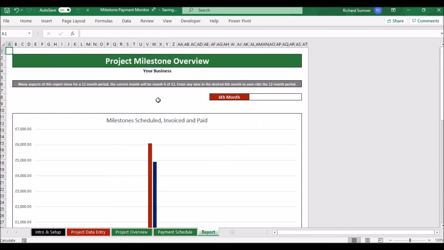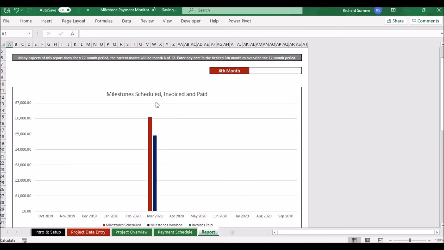Very simple. This is the project milestone overview. So what this does is basically give you a milestone overview of all of your projects and the milestones, that kind of thing. So again, this is a 12-month period. So the 6th month, 1, 2, 3, 4, 5, 6, will be your current month. If you want to override that, you can put any date in the 6th month. And so you can see 5 previous months and 6 months